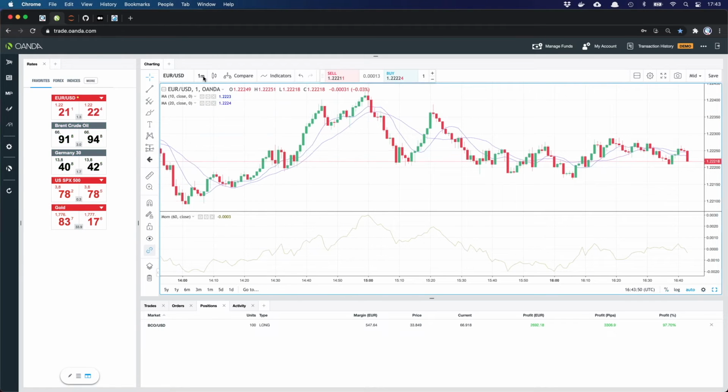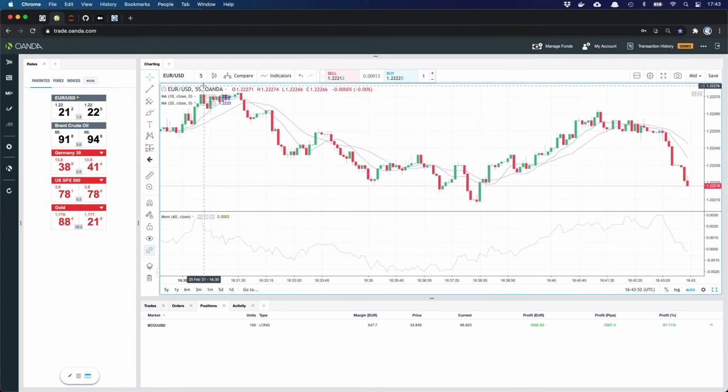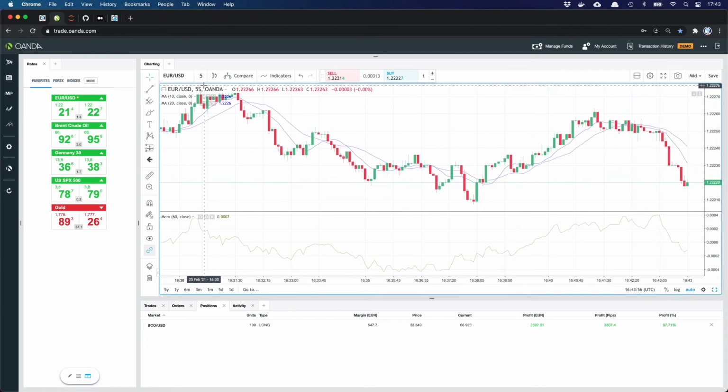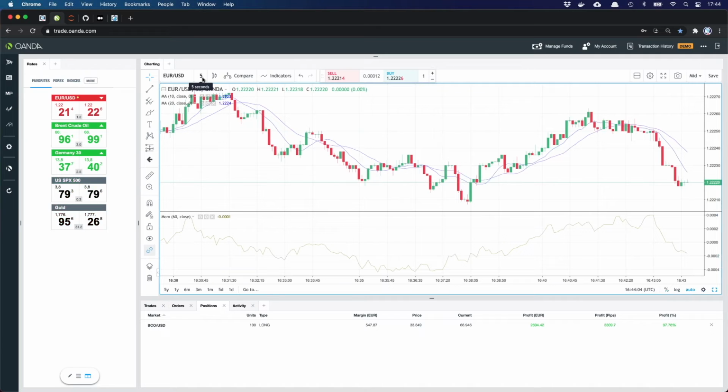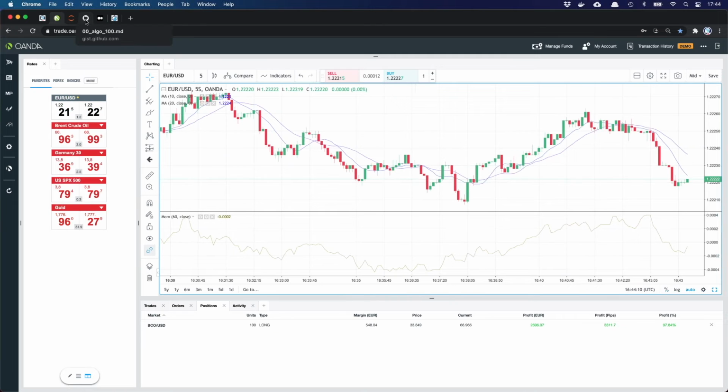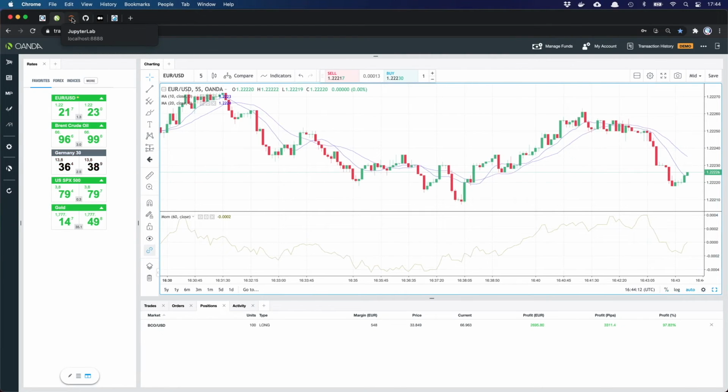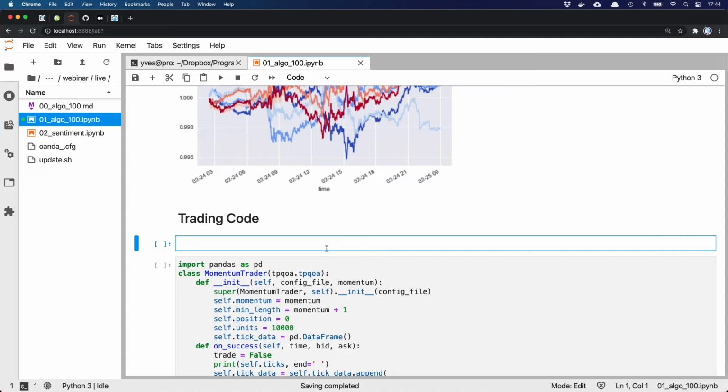When I would go to, say, 5 seconds, for example, you would see the candles, the bars moving a little bit faster, right? This is now 5-second bars, but the whole thing that we have done backtesting-wise was based on 1-minute bars. I simply let it run on a 5-second bar so that we later on see a bit more action, right?